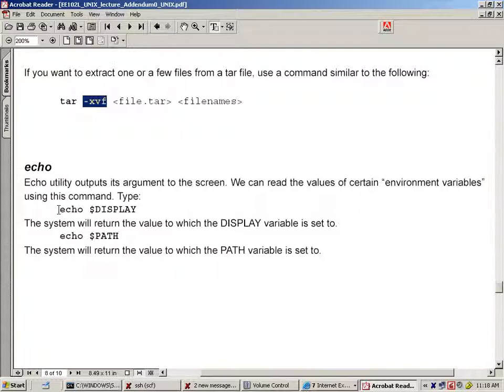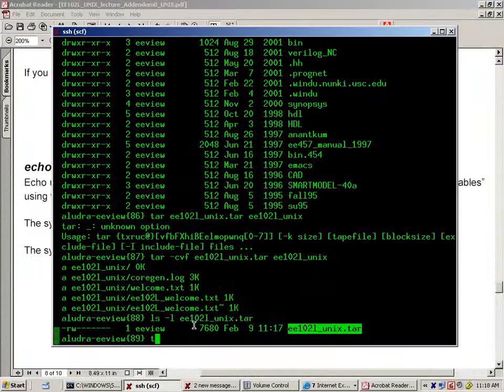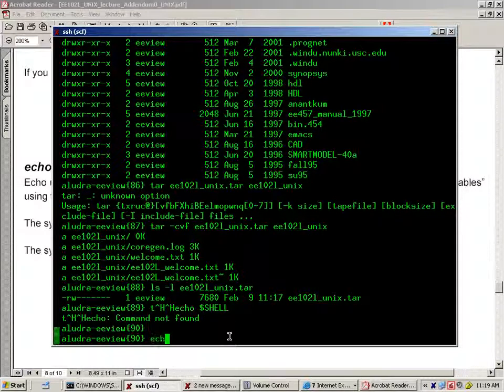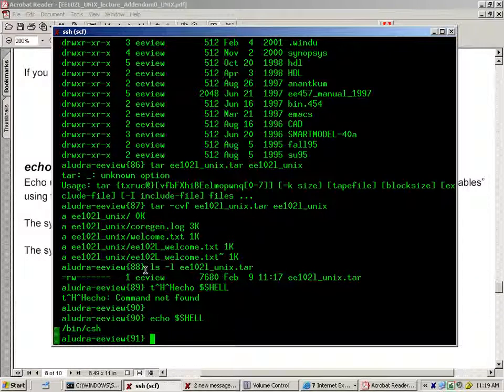We talked about the echo command a little before at the beginning. We use this command echo $shell, and what happened? Sorry, echo $shell, and it showed me C shell. Basically, shell is an environment variable. For environment variables, you prefix a dollar to say that environment variable, and all the environment variables can be produced by